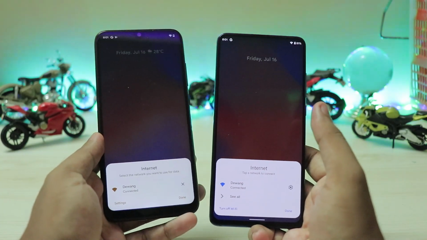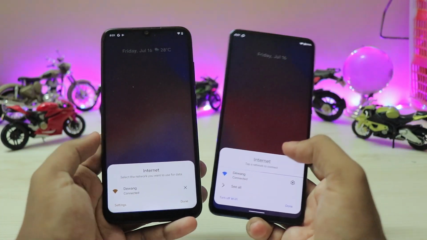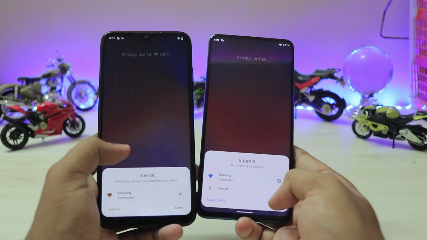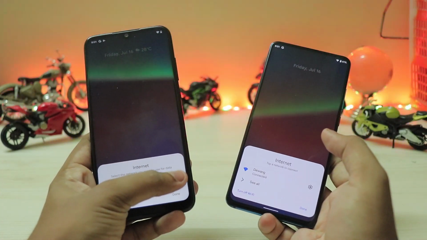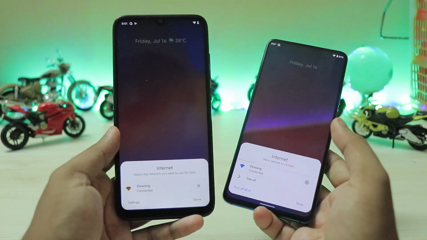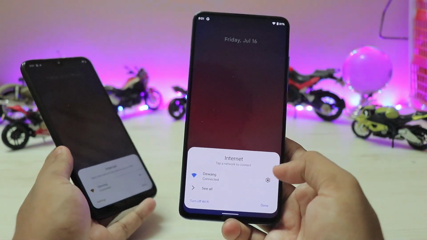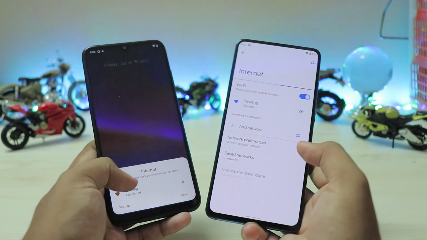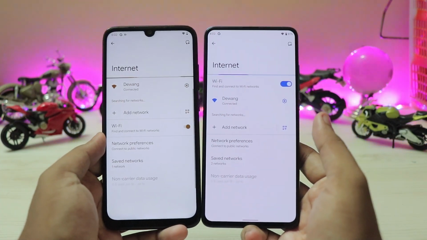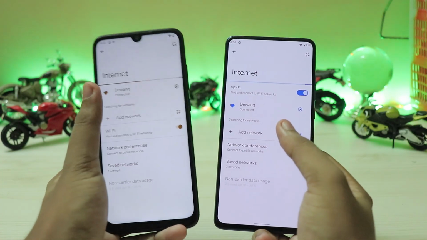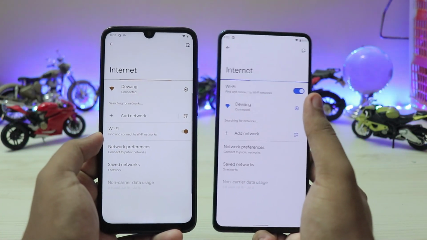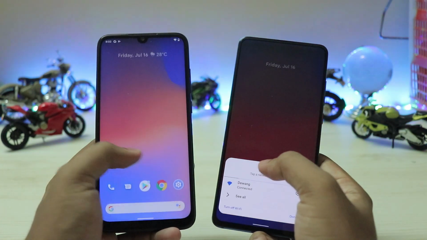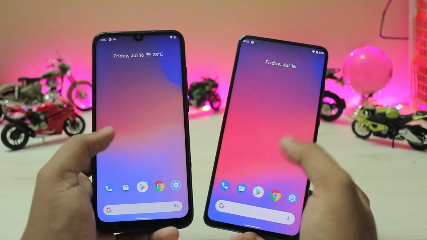I was pretty annoyed with how Google implemented it, but now you can directly turn off the Wi-Fi right over here, whereas it was just the settings. Then again, you can just close it right over here. Again, the close button was completely broken on the Beta 2.1, whereas now over here you can directly jump into the Wi-Fi settings or just see all the networks right over here. Again, let's just jump onto the settings. Just like that. Again, as you can see, the toggle has been moved up as it should. Again, it uses all new toggle UI. Looks much cleaner than before. So let's just come back. Again, it still stays there.